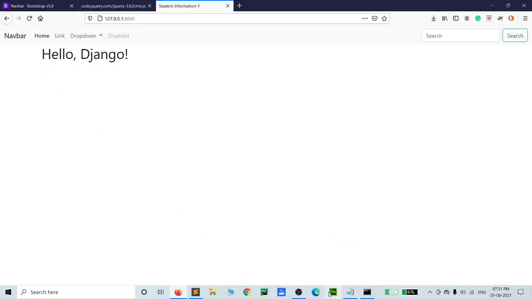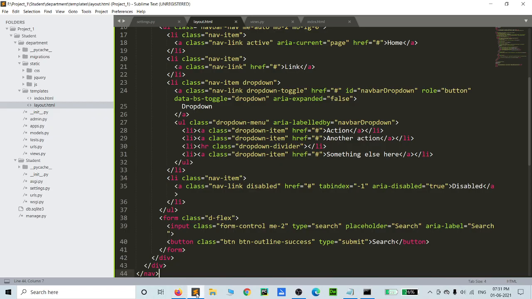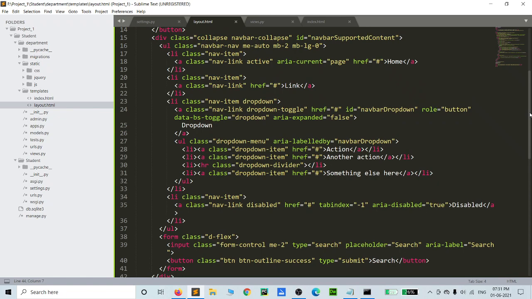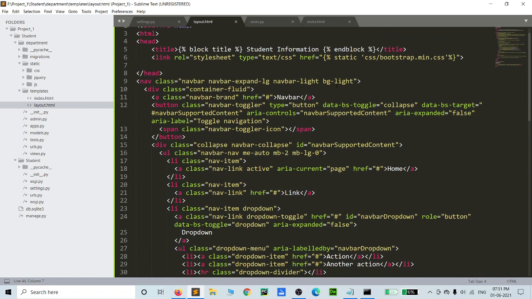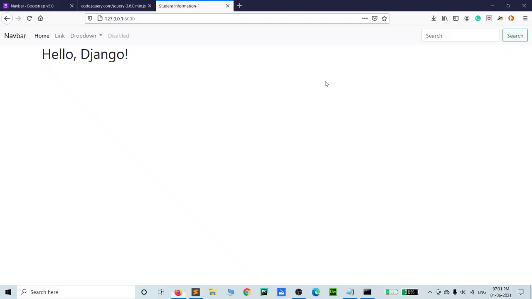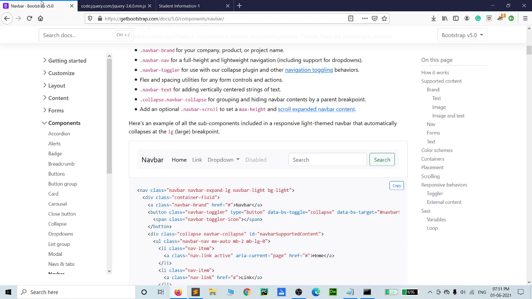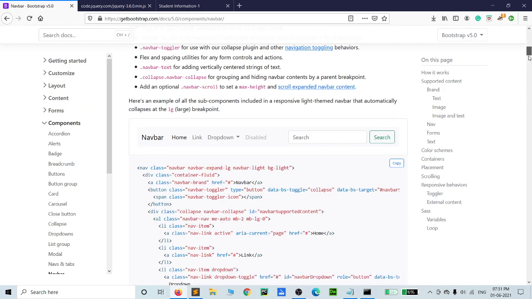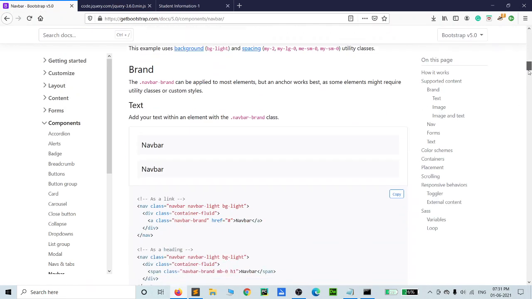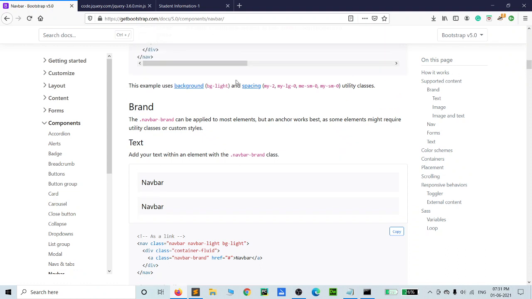You already know the CSS file in Bootstrap. So this is your background light color. The navigation has a background light. If you want to change your colors, see that in background colors you can see the example is background light.